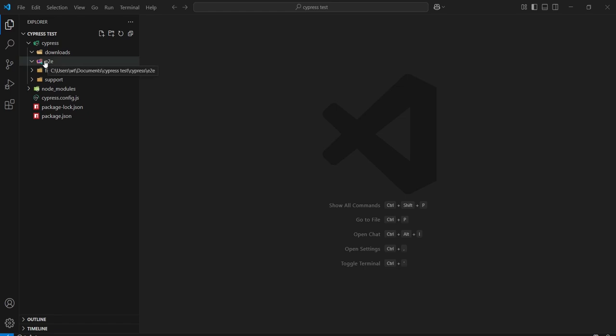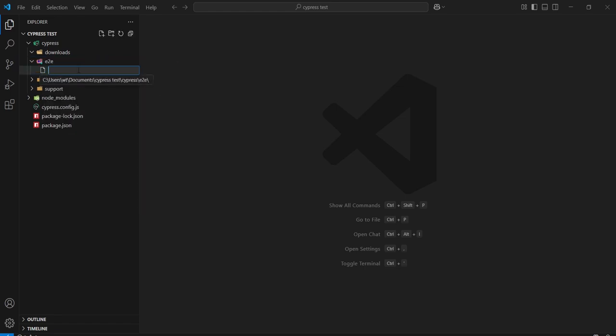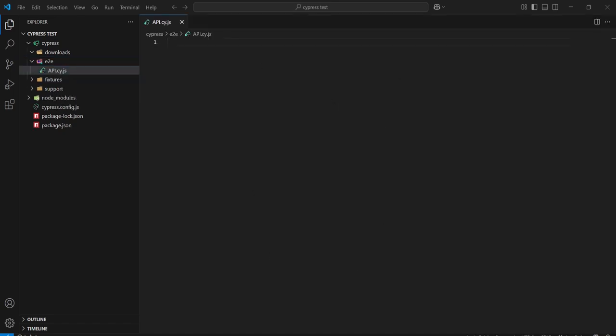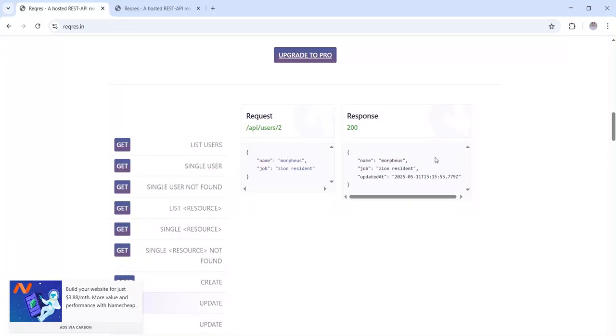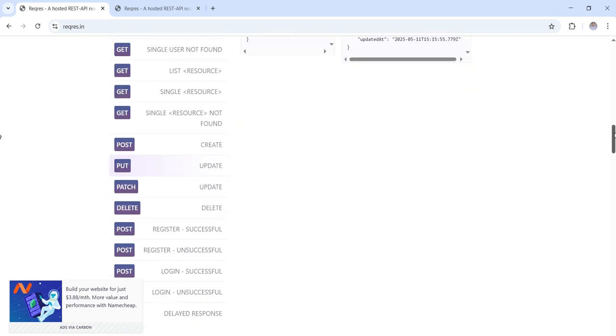First, create a new test file. Right click on E2E, new file, and then enter the file name here: API dot cy.js. In this example, we will use this website to perform the post